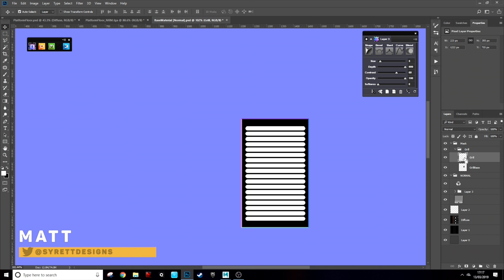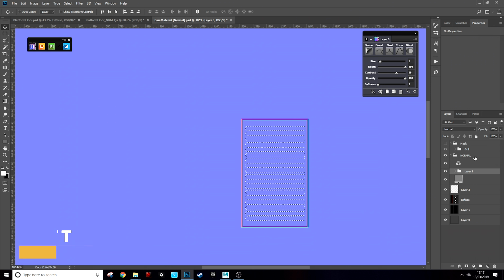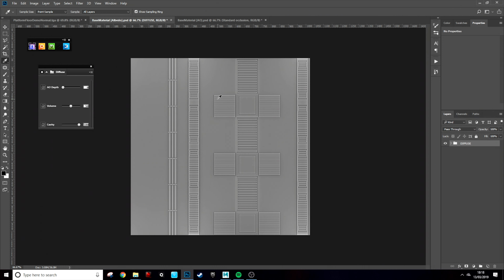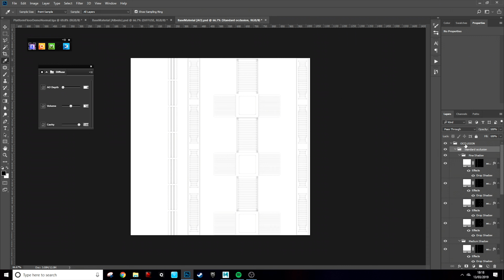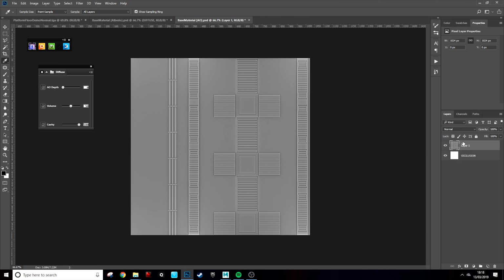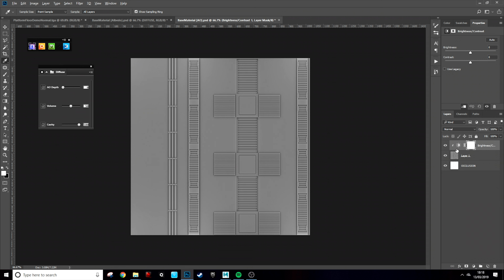Hi, my name's Matt, I'm from Tabletop Games, and in this next set of videos we're going to look at Quixel Suite's Undo. This is a normal map creation tool that allows users to build normal maps quite quickly inside of Photoshop. In the first video we're going to look at how we can use selections and masks to build our normal map detail. In the second video we're going to look at how we can use the normal map